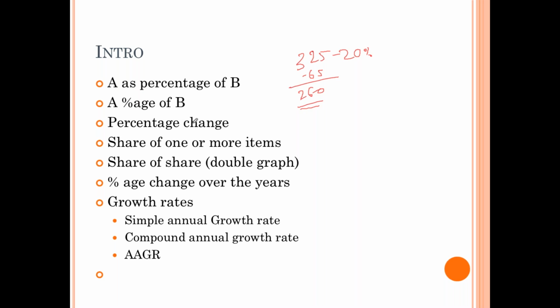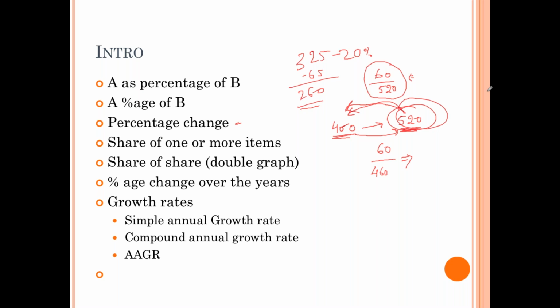Got it? Then percentage change. This is one of the very common calculations that we do. For example, this is 460, then it becomes 520. So your change is 60 upon 460, right? So here you can calculate the percentage. And if it is the other way around, 520 becoming 460, it will be 60 upon 520. So the answer will be different, because here we use this as the base and there we use that as the base. You have to see whether it is increasing from this point or decreasing from this point. We need to take the starting point as the base. Is it clear to everyone?